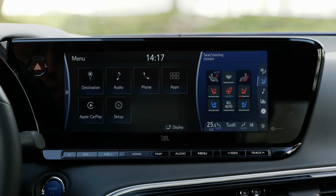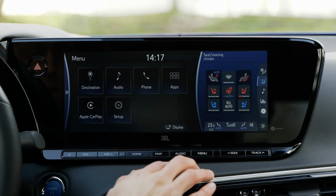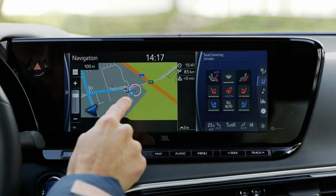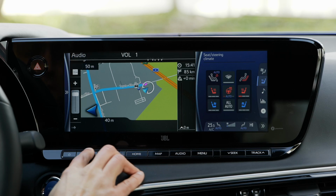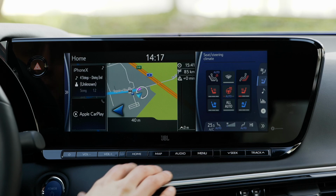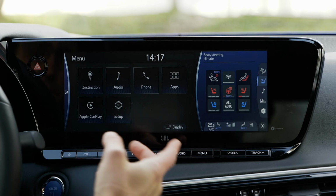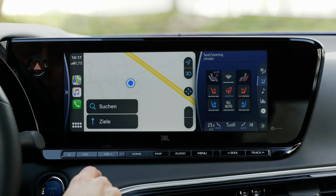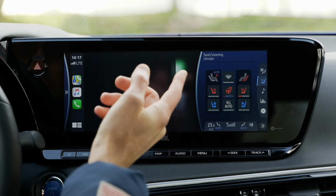And now to the rest of that screen, or here in detail, you have some hotkeys in the lower part, like for the main menu or for accessing the GPS map. And yeah, that's really super old school design and so on. Volume is also here. Okay, you can also individualize your home screen. That's possible, by the way. The base menu structure looks like this. So yeah, that looks like from the 90s. Apple CarPlay at least available, or Android Auto. That is standard, and most of the time probably you will use that then,